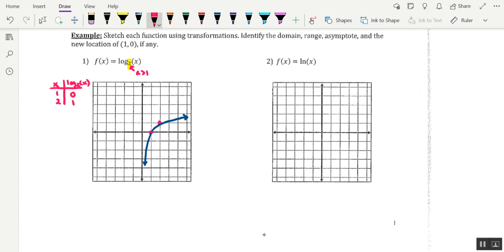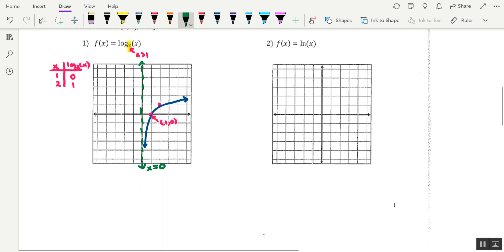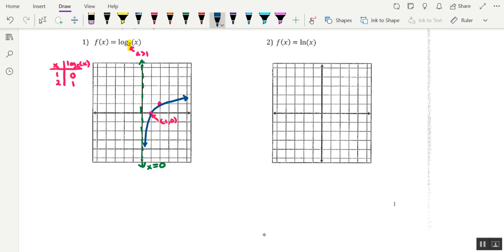And a key point on it would be (1, 0). Of course, you could identify (2, 1) as well, but (1, 0) would be good enough. The only other thing that I want to add in here is the vertical asymptote, which is going to be the y-axis, since there's no transformations. That would have the equation x equals 0. So in terms of domain, range, equation of the vertical asymptote, and the new location of (1, 0),